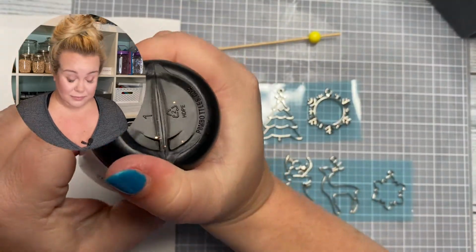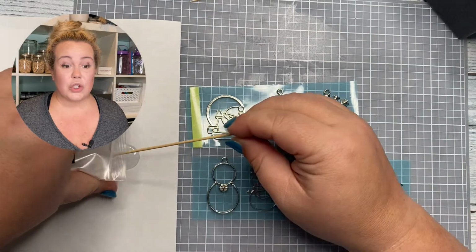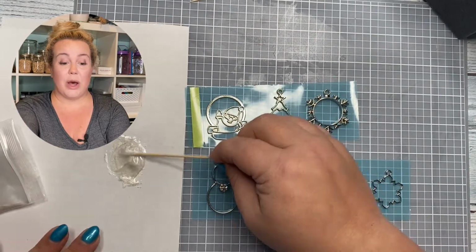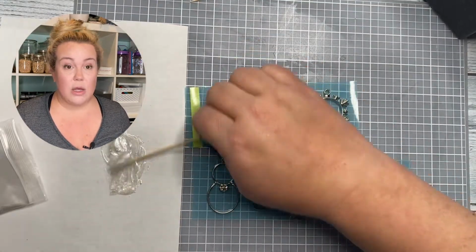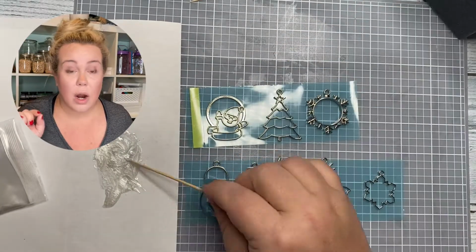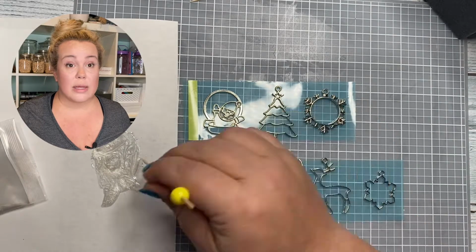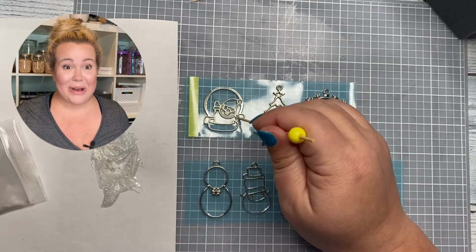And I will tell you that my bezels took forever to cure. I had to put them under the light many times. And with clear resin, you put it under the UV light for a minute and it's rock hard. So I think what I did wrong was I put too much pigment when I was making my colors, because